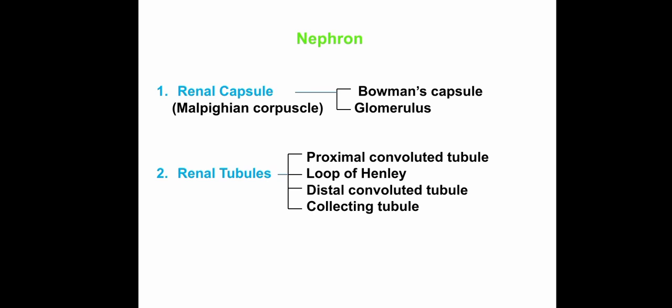The renal tubules are of four kinds: the proximal convoluted tubule, the distal convoluted tubule, in between these two the loop of Henle, and the final one is the collecting duct. The proximal and distal tubules are the convoluted ones, not the straight tubules. These collecting ducts are connected with a number of nephrons, not a single one. All these collecting ducts are connected at the minor calyx, then the major calyx, then the pelvis, and the rest of our excretory system.